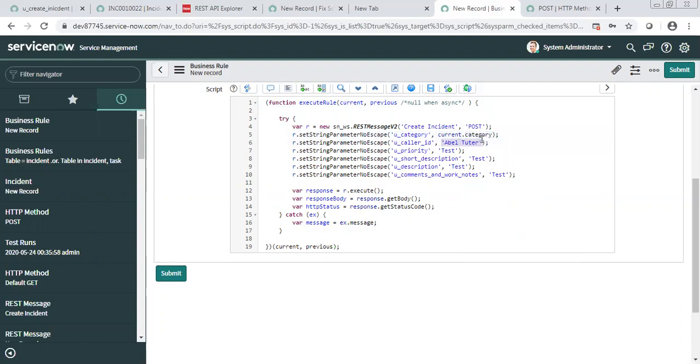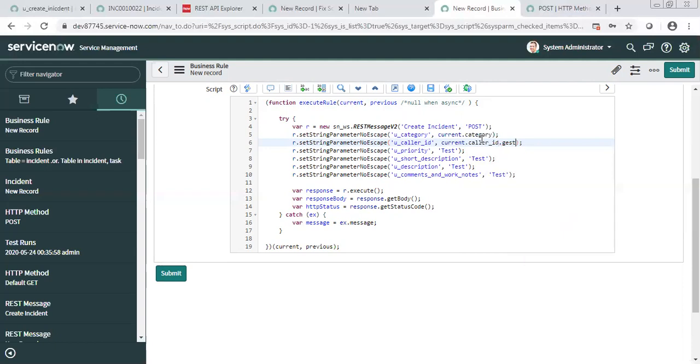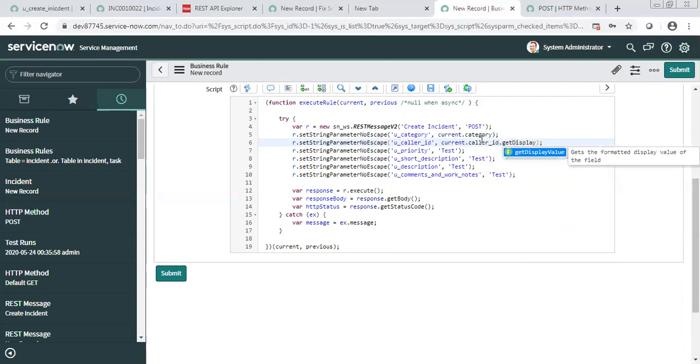Then for the caller, you will say current.caller_id.getDisplayValue. You should not send the sysID because the other system is not going to understand the sysID. If you put caller ID, it will return the sysID. So I will say get display value so that it can send the name.